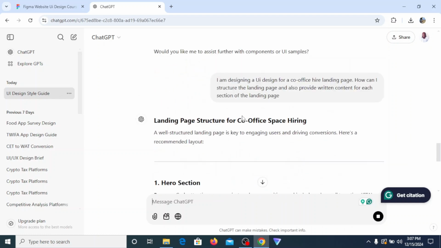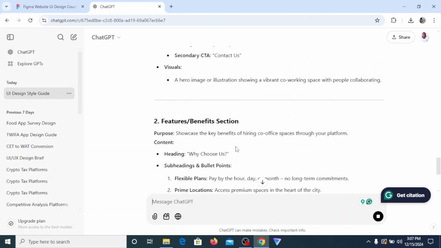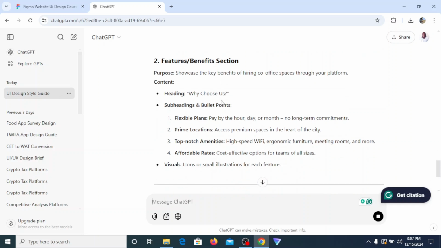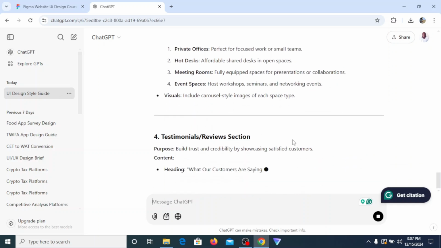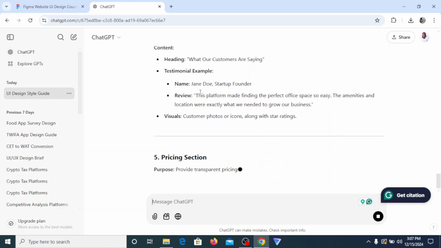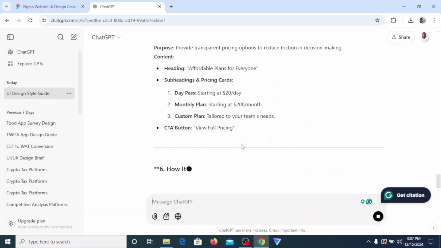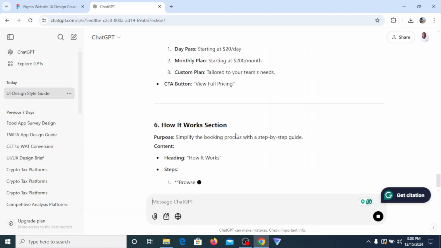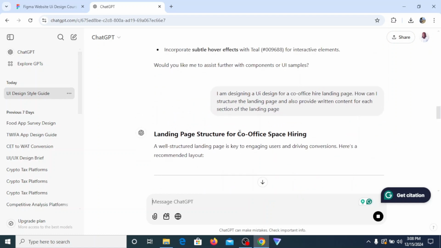So ChatGPT is going to generate content for us. You can see here the hero section, the features/benefits section, and even the testimonial section, what is going to be there, names of people we can use. So this is how I basically use ChatGPT to generate written content for my design, because nowadays nobody uses lorem